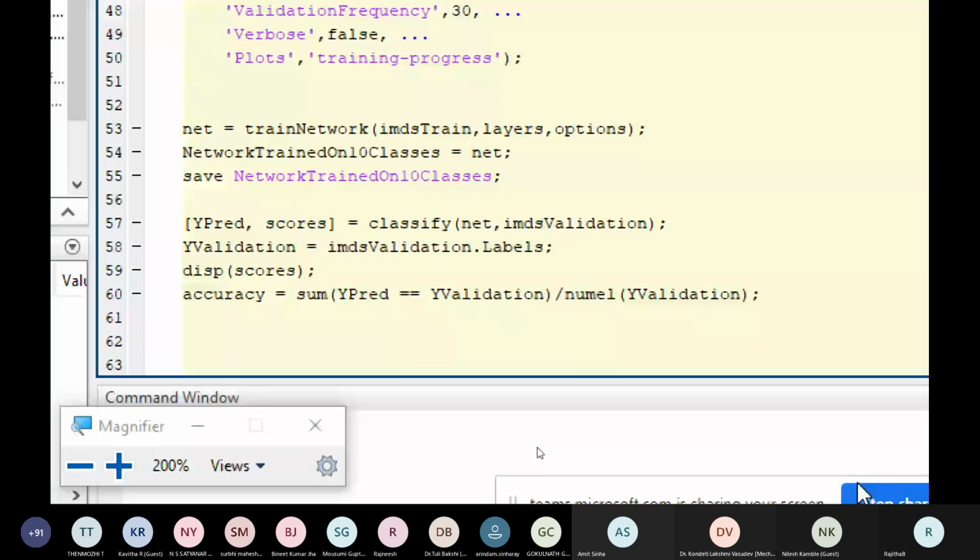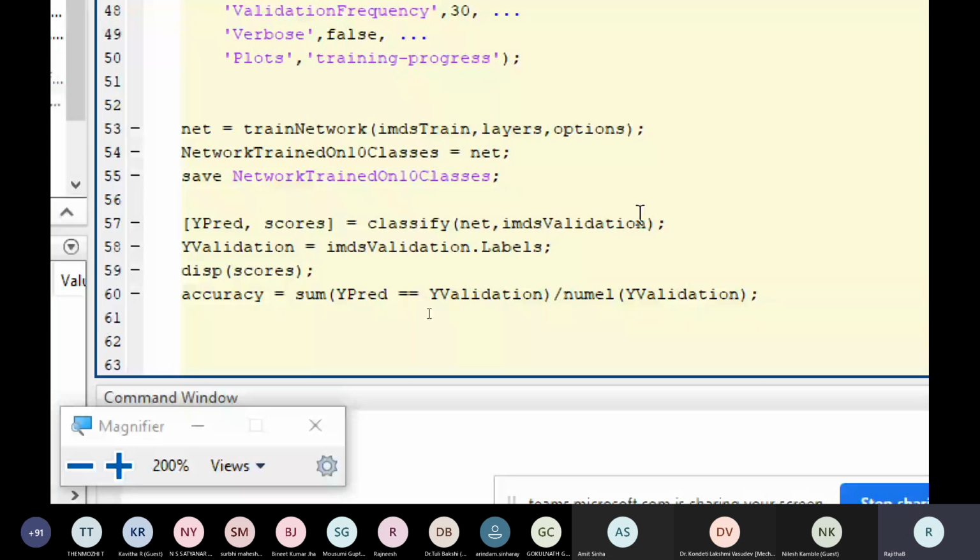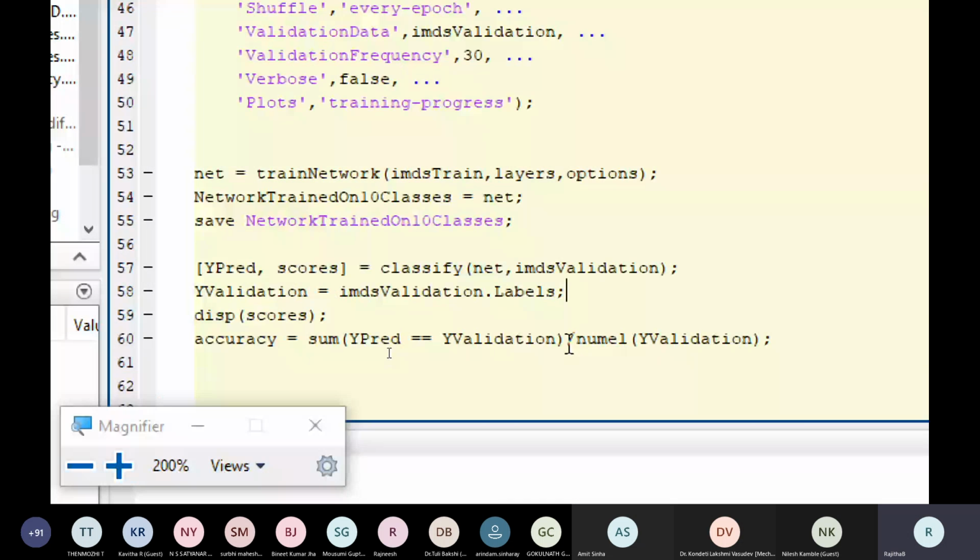provided that data set is similar to the one on which this model has been trained. Okay. Once the model has been built, the last step is to classify based on the test images. So I'm using the classify function on the trained model. I have a trained model, and these are, as I said, 20% of the images of my data set.